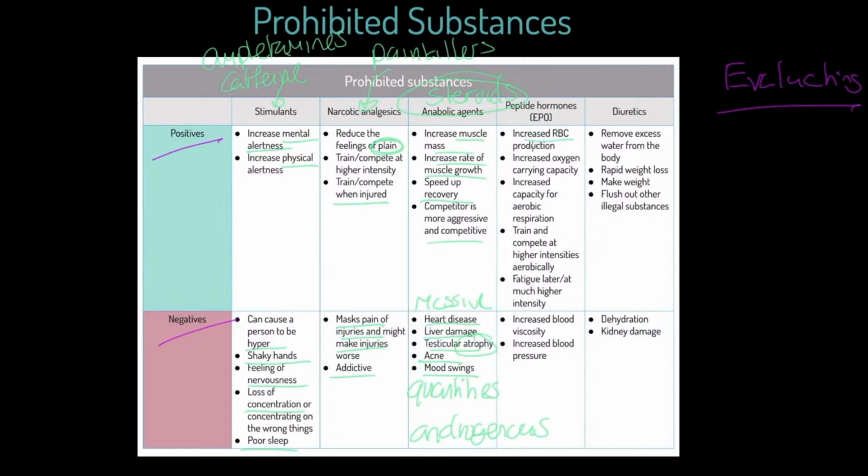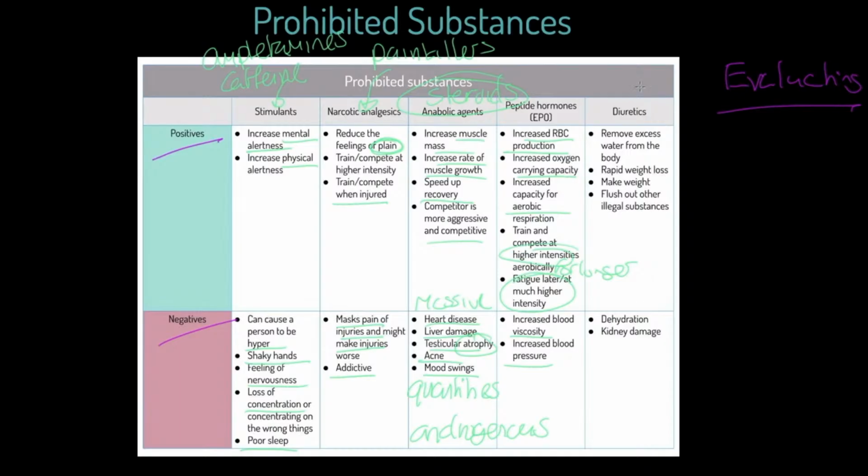So if we take it, more red blood cells in the bone marrow are being produced by those stem cells you studied in biology. Increased oxygen carrying capacity, increased aerobic capacity for aerobic respiration. We can train, this is the statement I want you to include, higher intensities for longer without fatigue. Okay, that's beautiful, but it makes our blood thicker and stickier, and it can increase blood pressure or resistance to